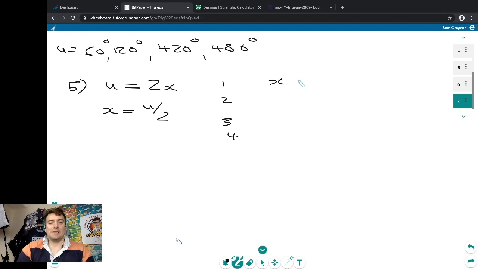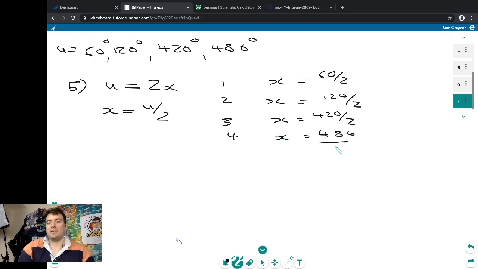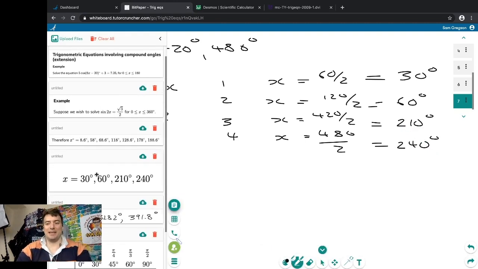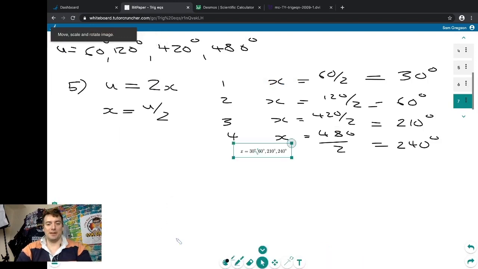So we're going to get x is equal to 60 over 2, x is equal to 120 over 2, x is equal to 420 over 2, and x equals 480 over 2. Happy with that? Yeah. So what are our answers? We got 30, 60, 210, and 240 degrees. Now, let's see if, fingers crossed, that lines up with the answers that come from our